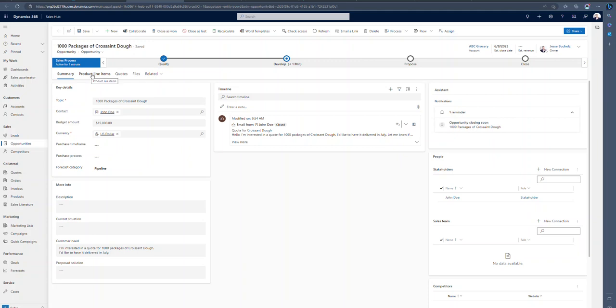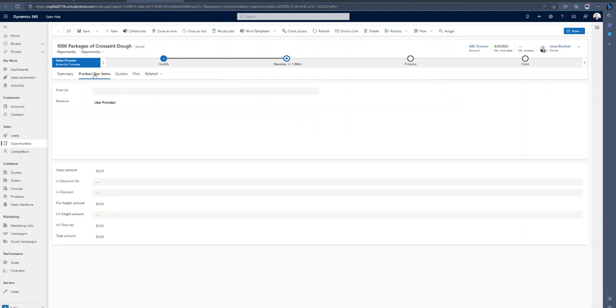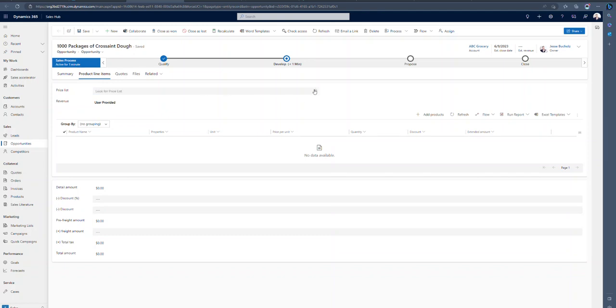So I'm going to come into my product line items here, open up a new tab, and if we know the price list that we're associating this account with, so ABC Grocery leverages the Contoso Bakery price list, you may have unique price lists associated with each account. We're going to allow the system to automatically calculate a revenue here, and then we're going to start adding